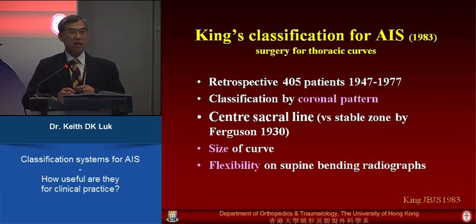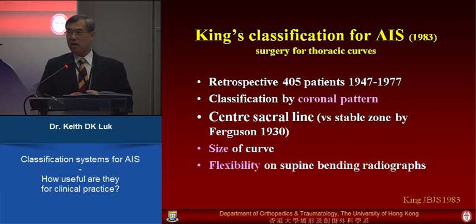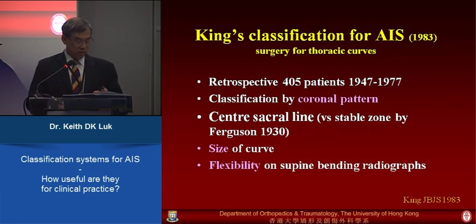Oh, by the way, King was a fellow, correct me if I'm wrong, George and John. King was actually a fellow of John Moe at the time when he did a fellowship with Moe. So he actually developed the King's classification. Is that correct? Howard King, yes. And then obviously we know Larry Lenke. Professor Chiu is the chairman from Peking Union Medical College in Beijing, and Hubert Labelle is from